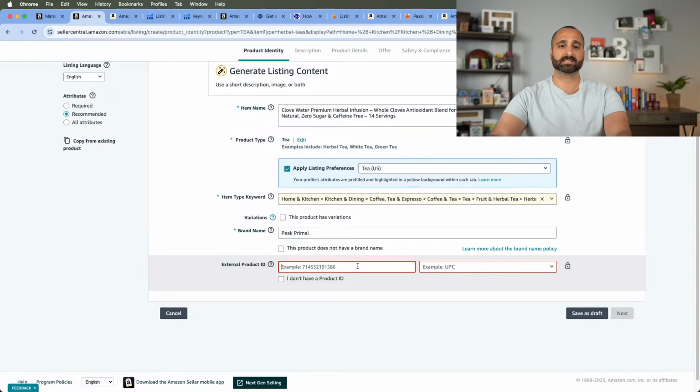So this is the external product ID, which is your UPC, right? What we're going to do is select UPC GTIN because that's the number that we purchased. And we got that from